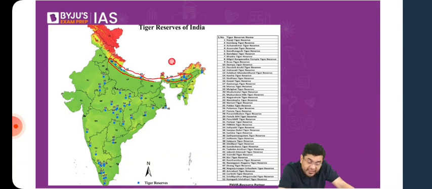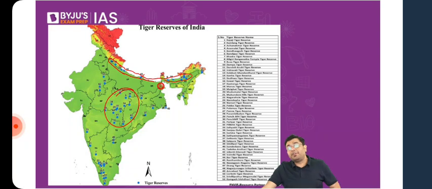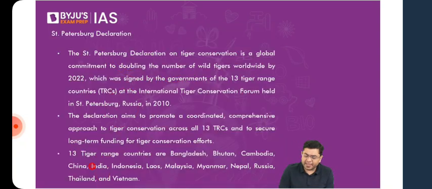Then you will have a significant chunk of them situated in the portion of the central deciduous areas, right from the region of the Amarkantak spreading across to the region of the Dandakaranya. Then you will have a significant concentration of tiger reserves situated in the region of the Nilgiri. So these are the dense areas of tiger population, okay, where the density of tiger population is significantly higher. Okay, so these are your various reserves. Now many of these tiger reserves will also have other species such as elephants and rhinos. In many of the cases, sloth bears can also be found, in the case of the Nilgiris in southern part of India.